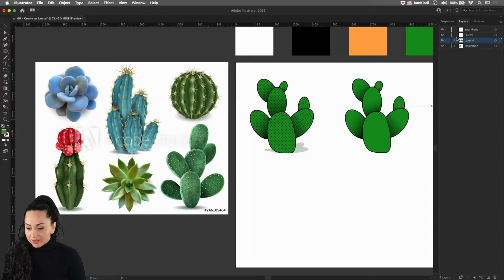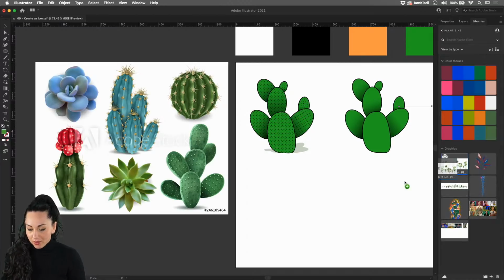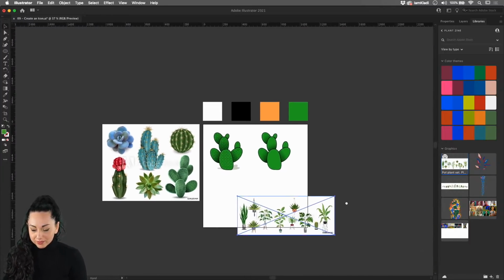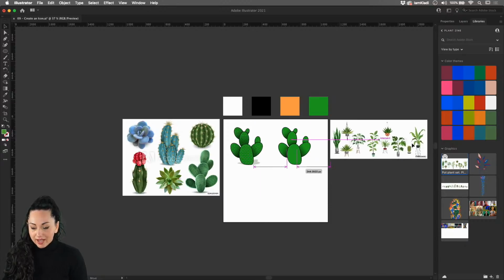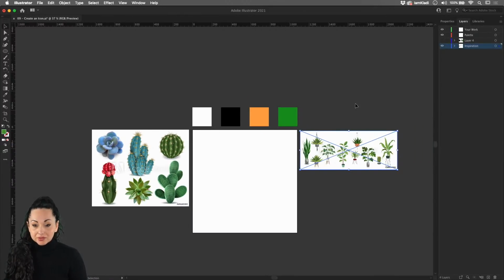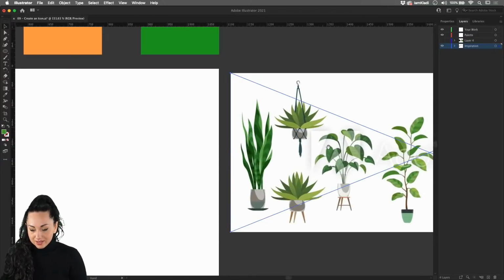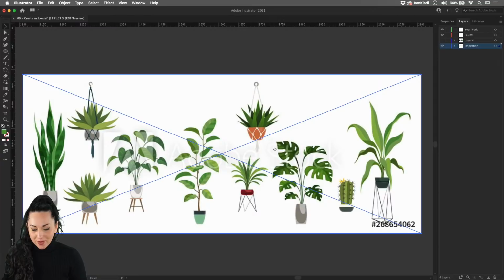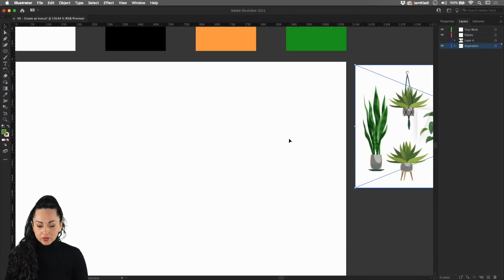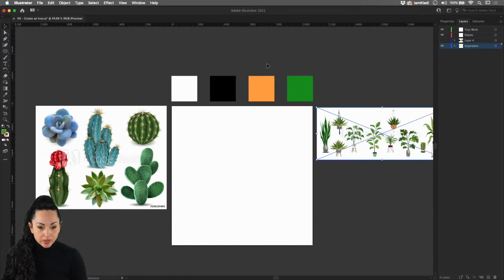Now, let's make sure that we place it inside the right layer, so the inspiration layer that you can find under the Layers panel. And here we go, click and drag. And as you can see, I already gave you a little preview of one of the icons that we're going to be creating together. I aim to create 2 different icons just to show you different techniques, but I'm going to hide this one for now because we're going to start creating together. And as you can see here, we have different options of what we can create with our amazing Ellipse tool and lines. And also create a little palette so you have some colors ready to go.